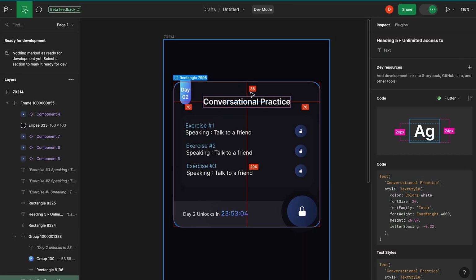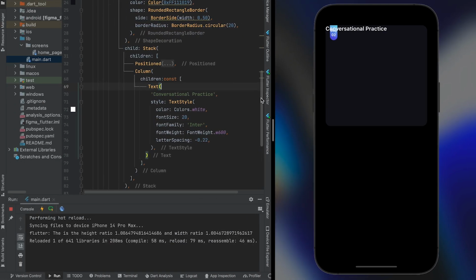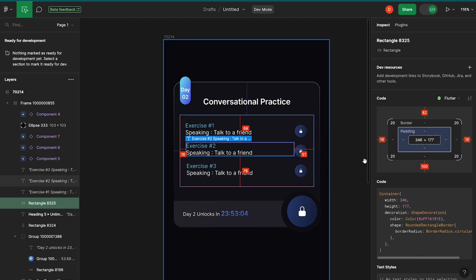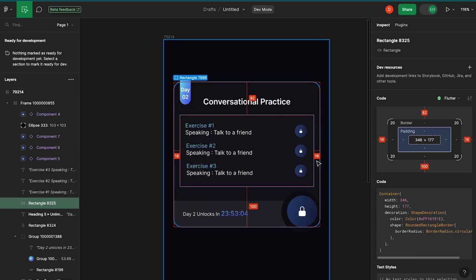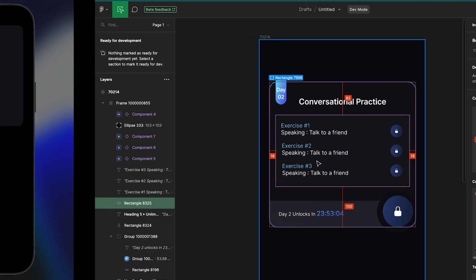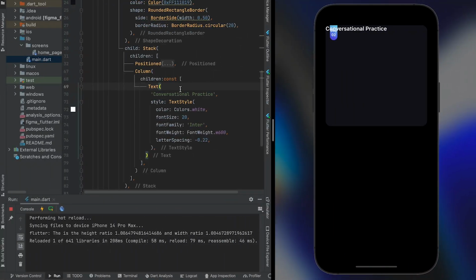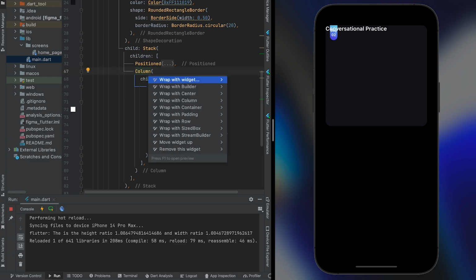So basically, if we look down over here in the Figma, it is being pushed by 36 pixels from the top and 76 from the left and right. So how do we achieve that in the code? So basically, if we also look down at this container, it is being pushed by 16 pixels from left and right. So we'll keep this in mind and create a container. Okay. So we'll wrap the column with a padding,